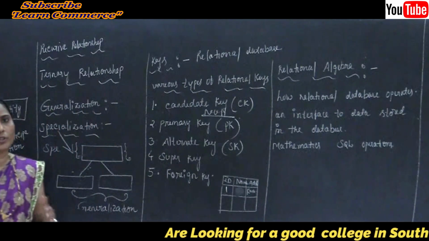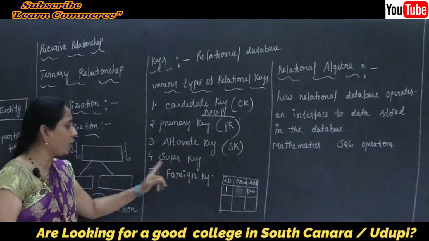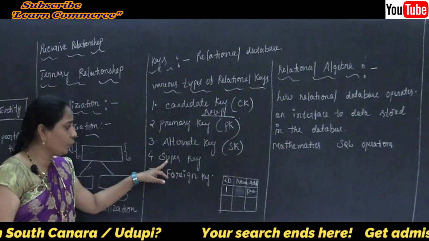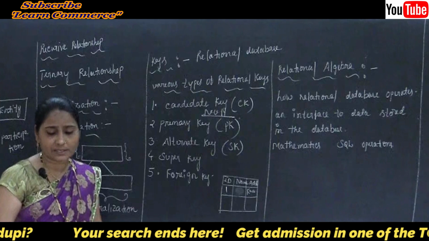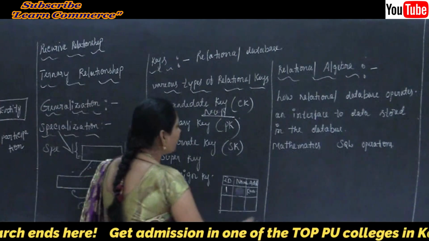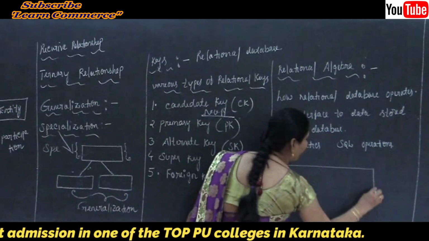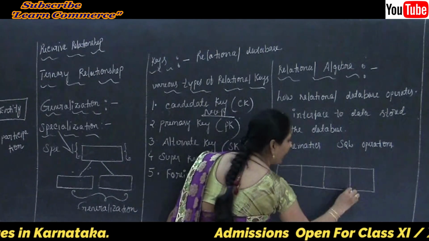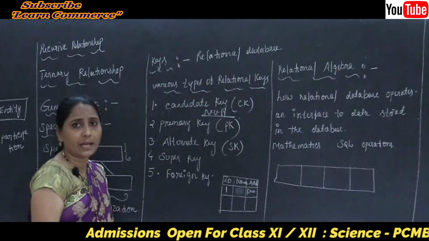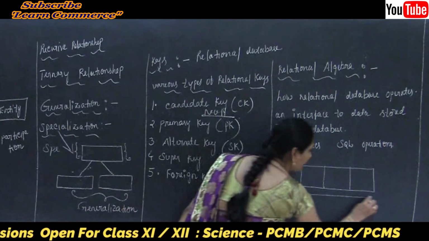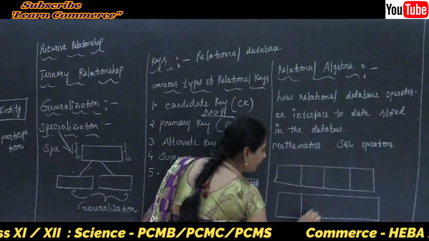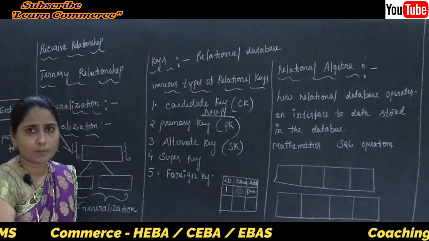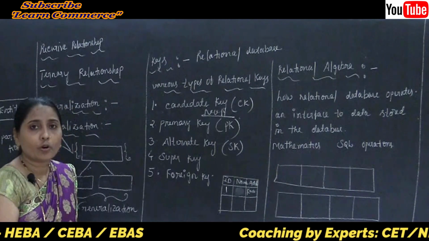That means here also the value is not going to repeat, that is called the super key. And later, after knowing about our super key, the last thing is our foreign key. So we know that, why? Because in our foreign key, this is the first table, and some columns are there in our first table. Now this is our second table, and here also some columns are there. Why? Because in the first table 4 columns are there, in the second table also 4 columns are there.